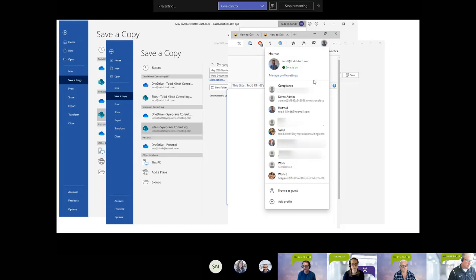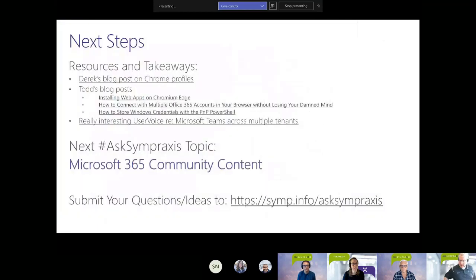So that is it for the screenshots. So in the few minutes we've got left, we put together some resources and takeaways. Some of what Todd alluded to here, he's blogged about in his lovely SharePoint 2010 based blog